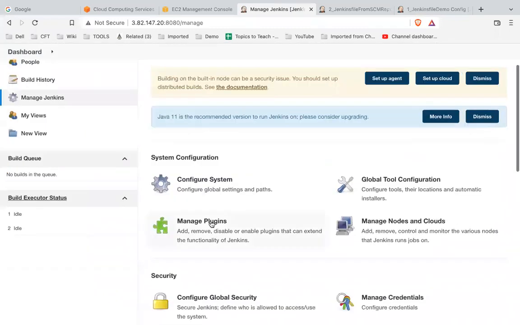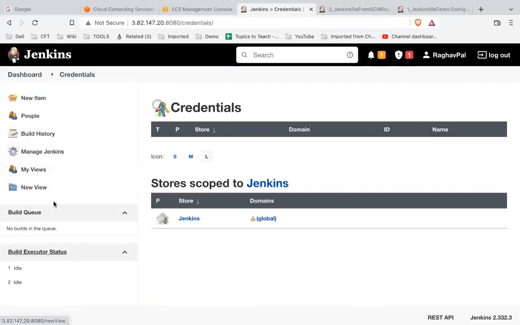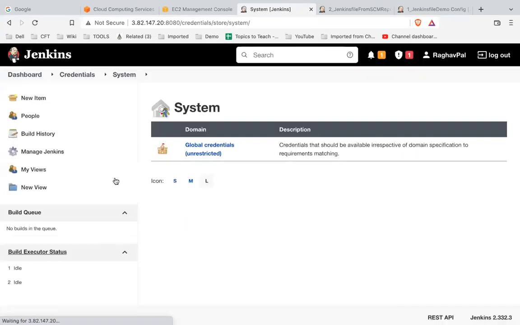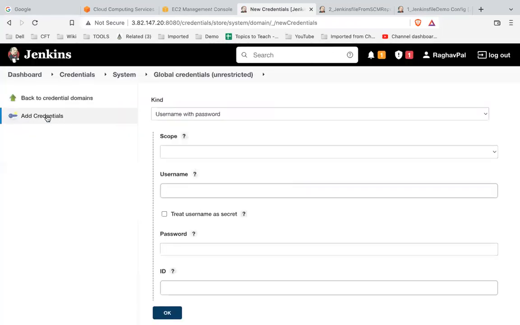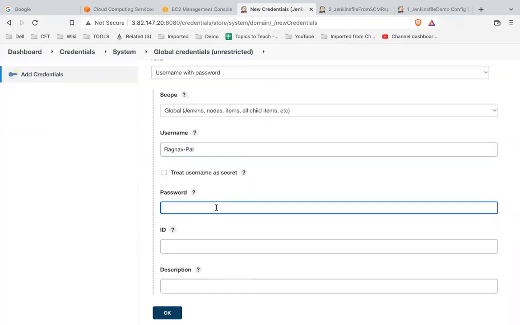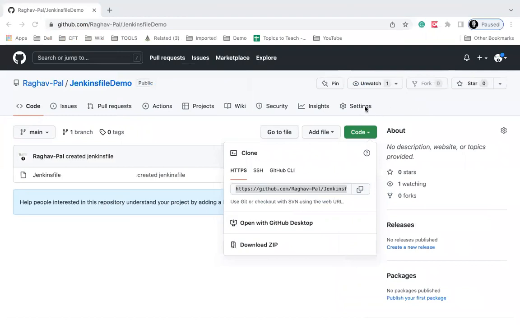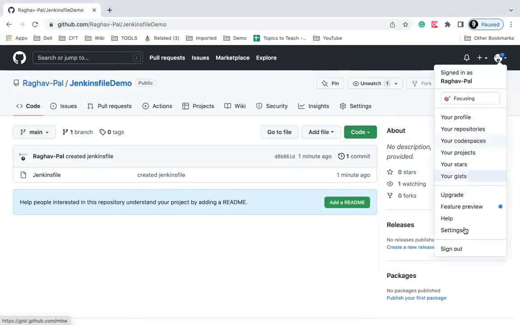And you will see Manage Credentials here. And here, you can go to this Jenkins. And here, if I go here, I can click on Add Credentials. And I'm going to use username and password. So I will add the username of my GitHub account. And for the password, I will have to use a token. So I will have to go to my GitHub account and go to the settings,